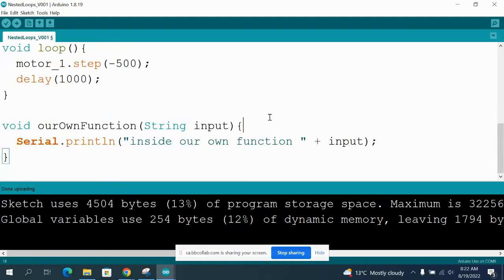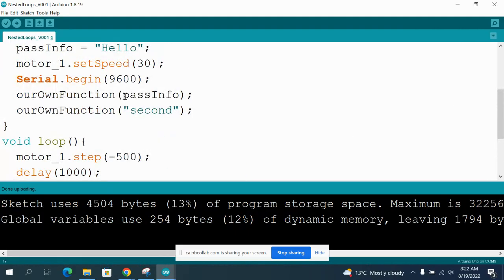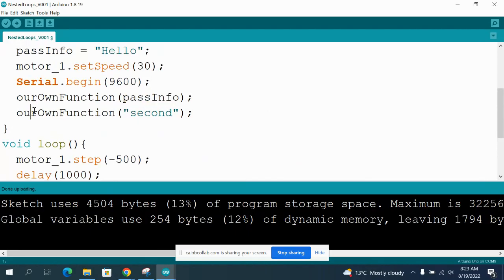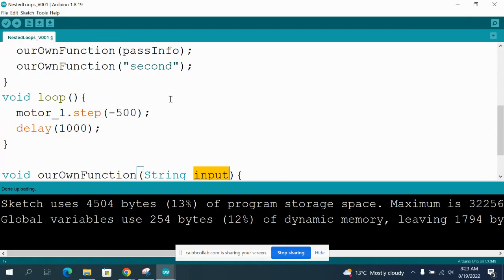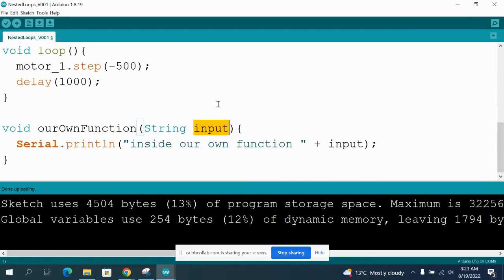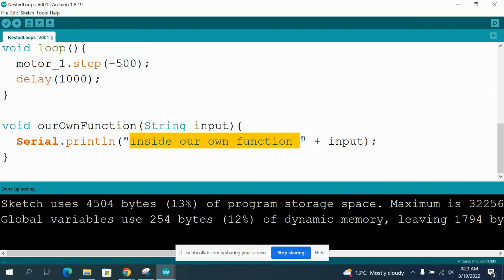Okay, but in any case, over here, what happens is we are passing, firstly, that information. Secondly, I've somehow hard-coded the information inside of it. I've directly inserted it. Okay, so it's going to call this function, but the information that it's going to pass, firstly, is going to be hello. Then we are calling it again, and we are going to again jump to this, but this time input is not going to be hello. The second time input is going to be second. Okay, so let's see, and then it's going to print out every time. It's going to print out that and append to it that word, whichever is input.